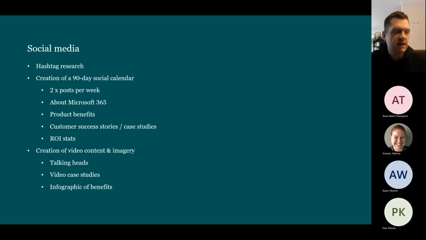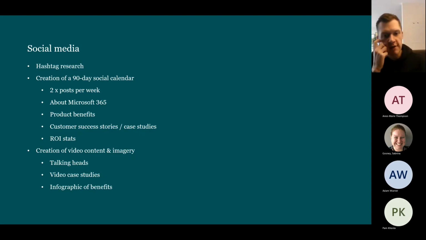We would always want to link everything that we're doing from a social point of view back to a landing page, back to a lead gen form opportunity if we can, just so we can start to find ways to capture data. If we don't have data, it then becomes very difficult to put more and more people in the top of the funnel to nurture them through. But that refinement and that experimentation at each stage is where we would look to optimize that process.